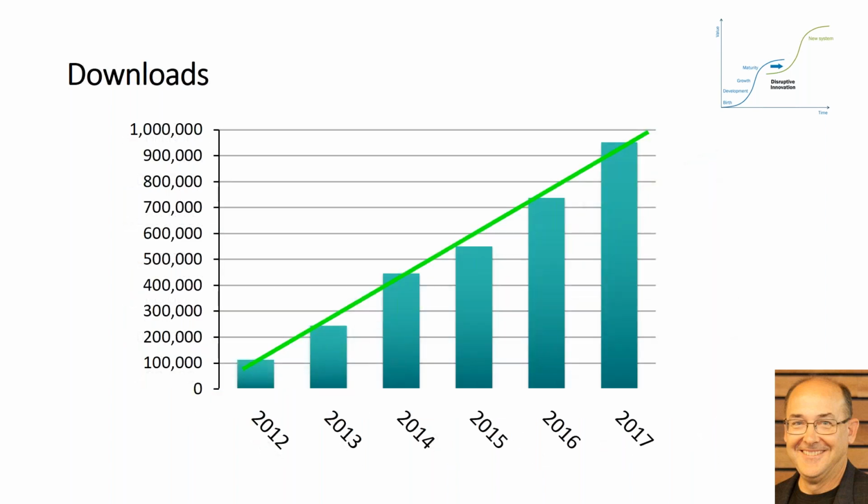Again, the growth in downloads, again, amazingly linear. We're close to hitting 1 million downloads a year. Now think about this. This is like 1 person in 3 that comes to the App Store downloads an app. And this is really a testament to the fact that our team who works with many of you who build apps for the App Store makes sure we've got high quality apps, apps that deliver real value. Customers have come to trust the apps in the App Store. They know they're going to be quality and deliver value, and it's going to be an easy install. So we've got good growth on these downloads.